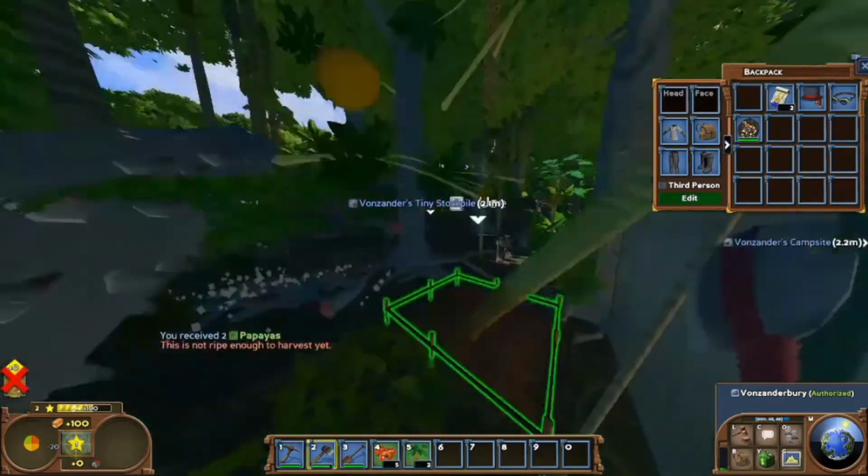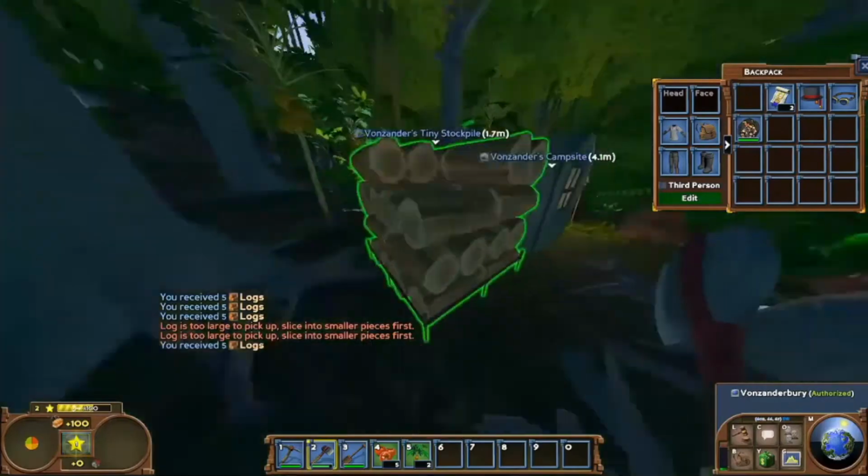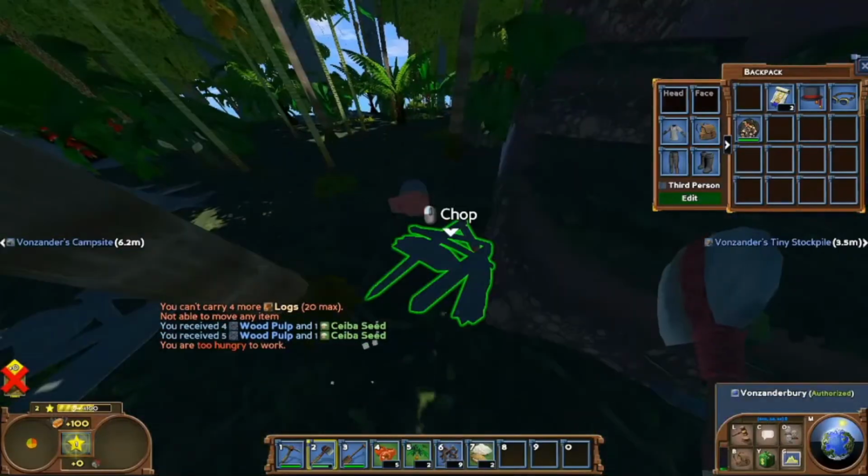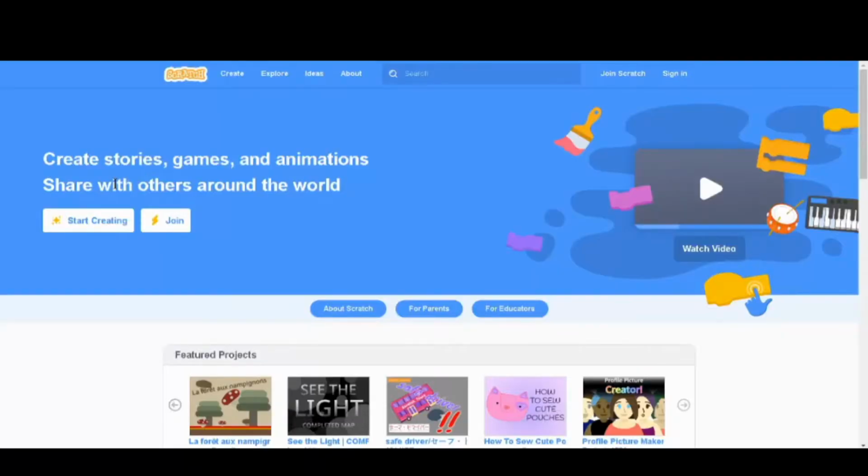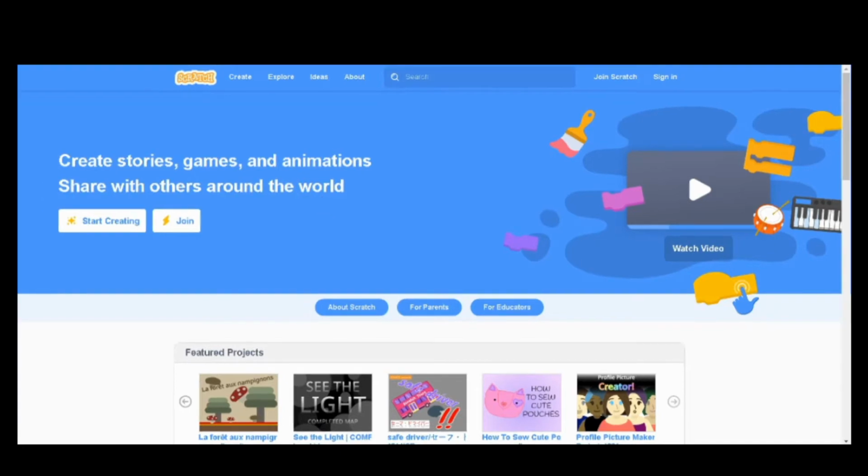So, today I want to talk to you about creating your own game on Scratch, and we're going to go over the basics. So you want to sign up for Scratch. Good news is you have 3 options. The first one, you're going to need your parents' help. You're going to want to then go to